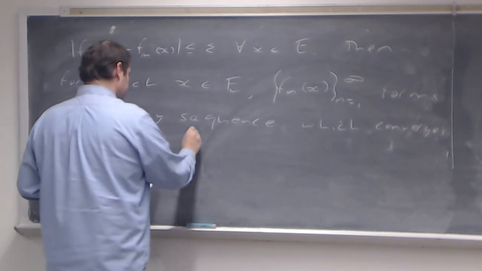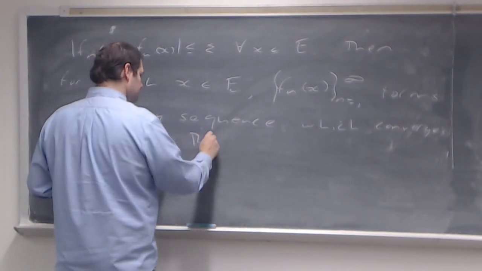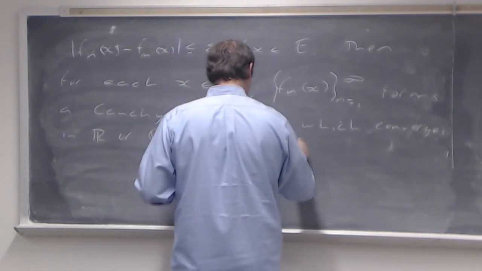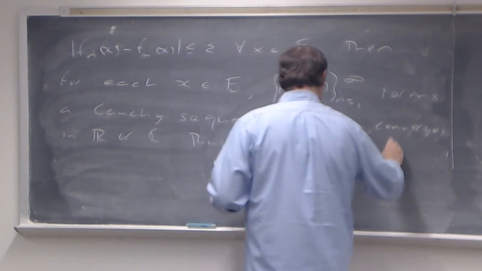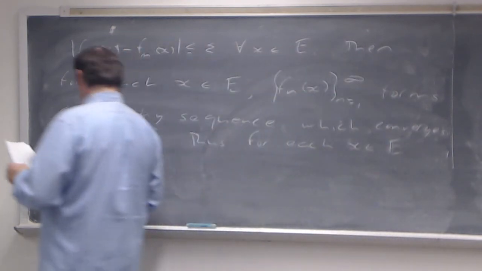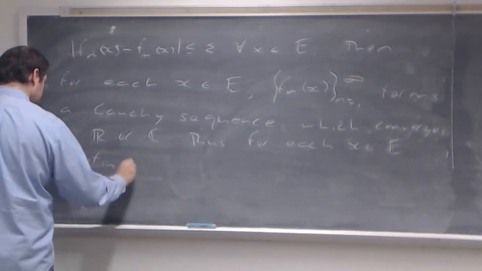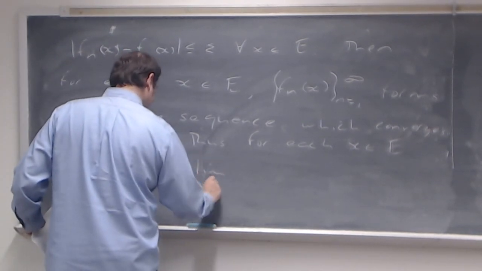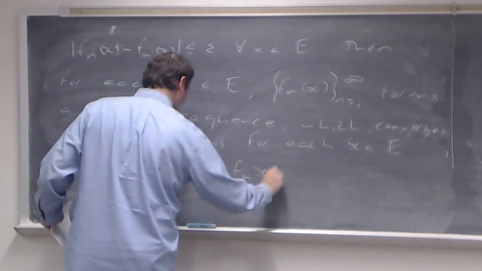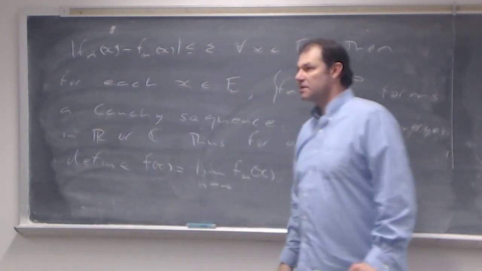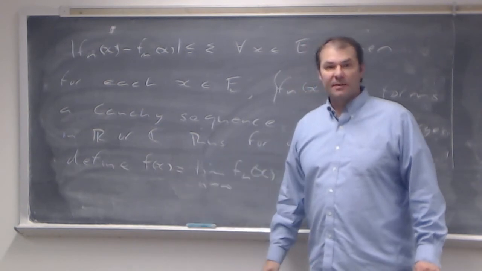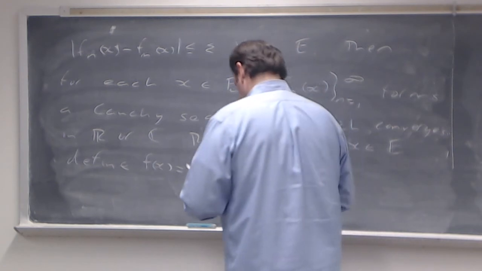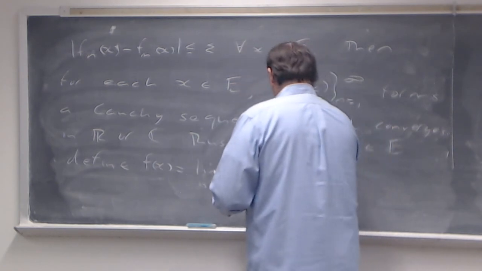Thus, for each x in E defined, f of x is equal to the limit as n goes to infinity of f sub n of x. So this gives us a prospect for the limit function for the uniform convergence. Okay. Now we want to show